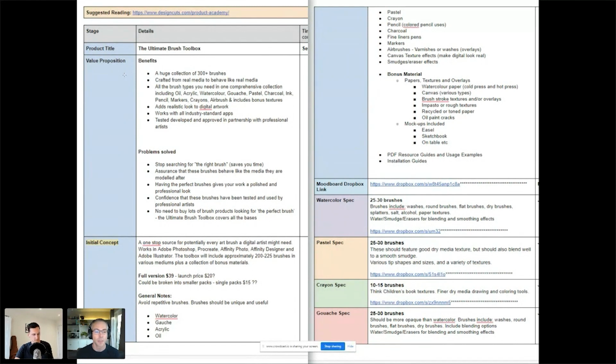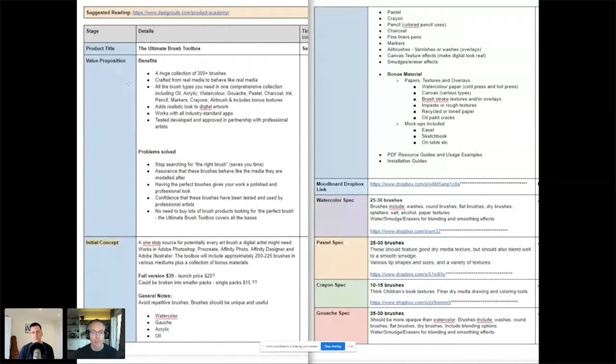As a differentiator, right at the beginning, we said to Nathan that obviously you're going to need some really knockout previews. Why don't we reach out to designers who are well known for working in watercolor, gouache, acrylic, oil, and pastel right at the beginning of making the product, and use them to give feedback to make sure we develop this product really well. And then off the back of that, they can give testimonials to give social proof to the product to help us sell it. And they can give previews of their work. So it's a huge differentiator for this product.